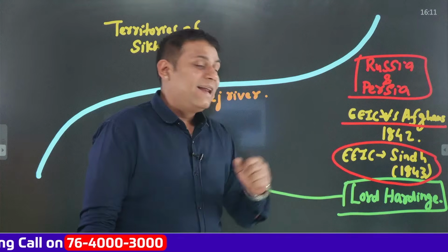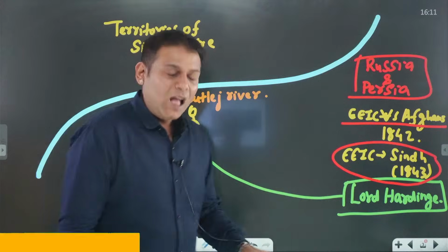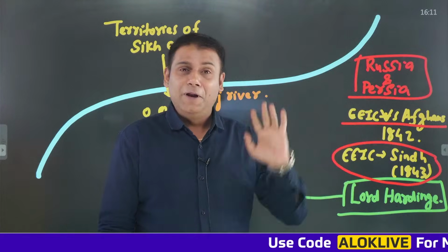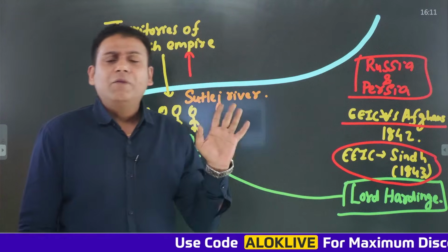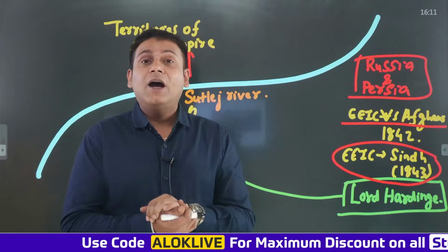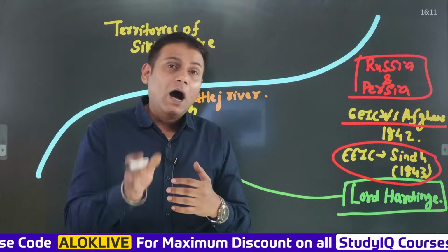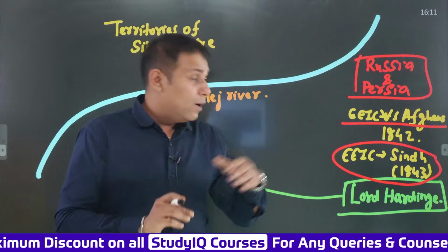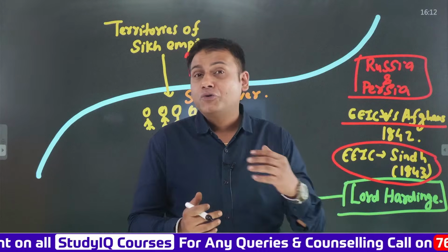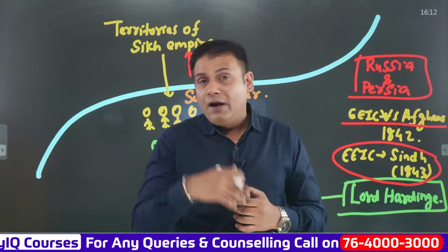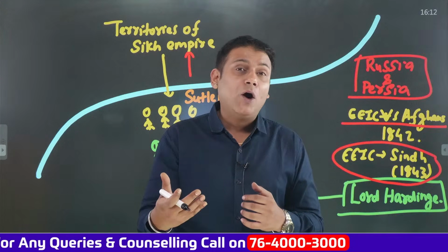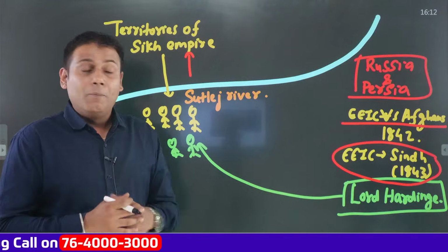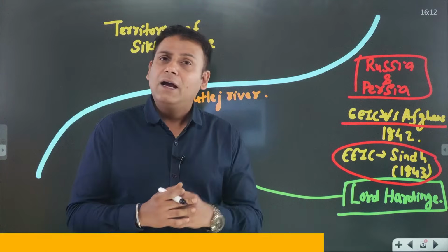Now, what was the annexation of Sindh all about? Now, Sindh was always loyal towards the English East India Company. Always loyal. And right from the start itself, the English East India Company had signed a treaty of mutual friendship with the Amirs or the Baluchis of Sindh. And the Baluchis or Amirs of Sindh were so loyal towards the English East India Company that they did not allow any other European power to build their ports around the region of Sindh. Why? Because they were very much loyal towards the English East India Company.